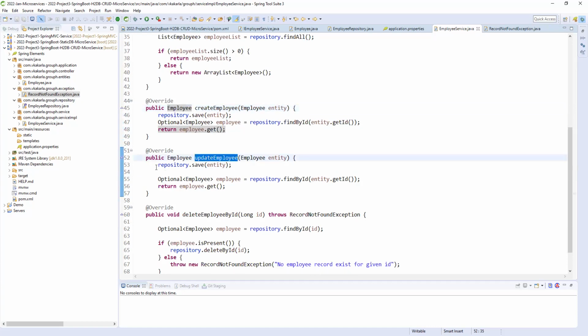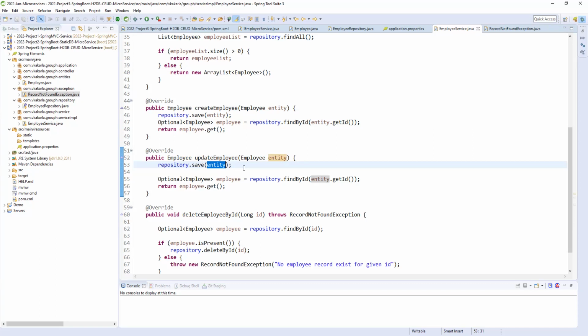So update employee. See, this is the repository. For saving we are using the repository.save method, and for the update operation also, internally we are using the save method only. There is no separate update method. But how will it work internally? Whenever you are saving an entity or an object in a database, Spring Data internally will check. In normal JDBC it will not check. In Spring Data it will check. That is the beauty of Spring Data.